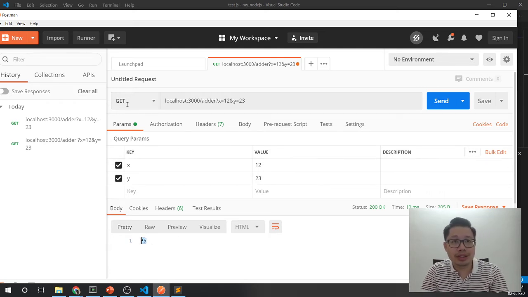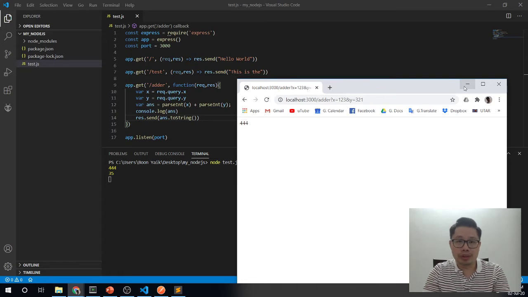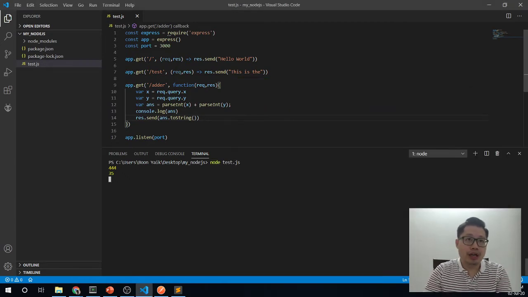So the HTTP GET command can be sent from your browser, and also from the Postman that we installed earlier. It will take some time to install, so if you want, you can pause the video here and proceed with that first. Now if you are done, the next thing I want to share with you is how to handle